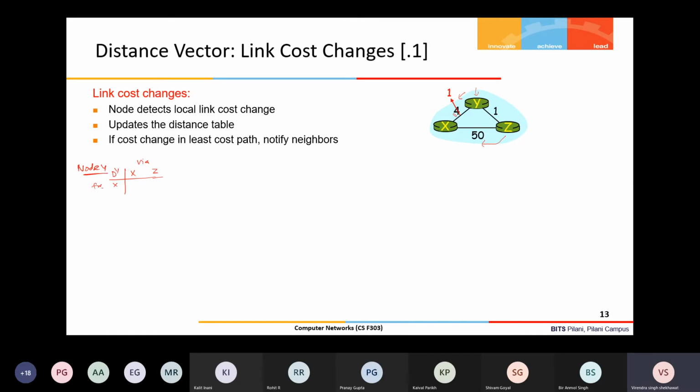Via X means the direct link is there, so the cost was 4, and that was the minimum cost. The minimum cost I'm marking with a circle. And what was the cost to node X via Z at node Y?